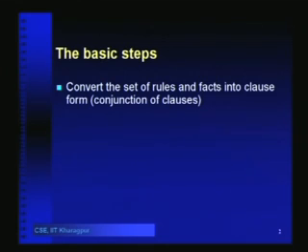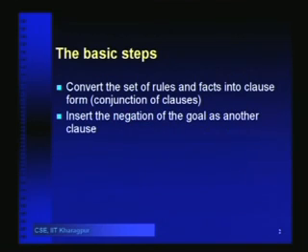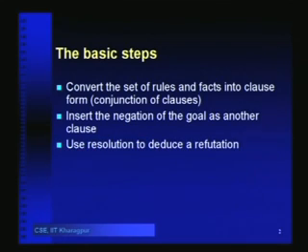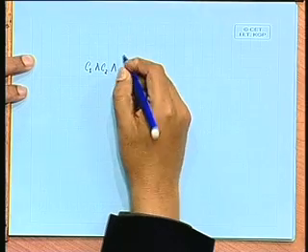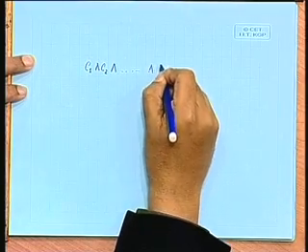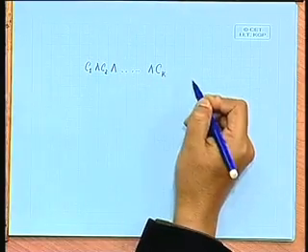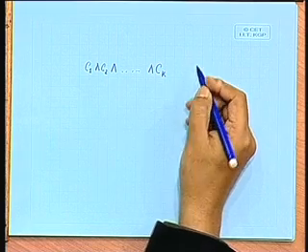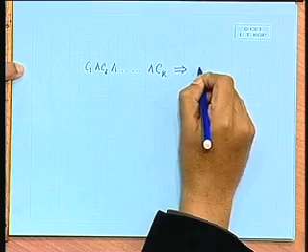functions. So, after converting the set of rules and facts into clause form, we insert the negation of the goal as another clause, and we try to use resolution to deduce a refutation. So, let us see. I think we had discussed this in the context of propositional logic. The idea is that if I have a set of clauses C1 and C2 and some Ck, suppose this is the set of k clauses that are given to us, and we want to deduce whether this implies the goal,